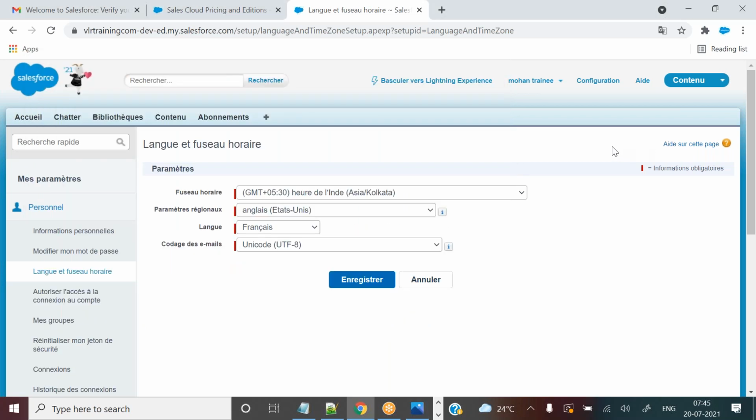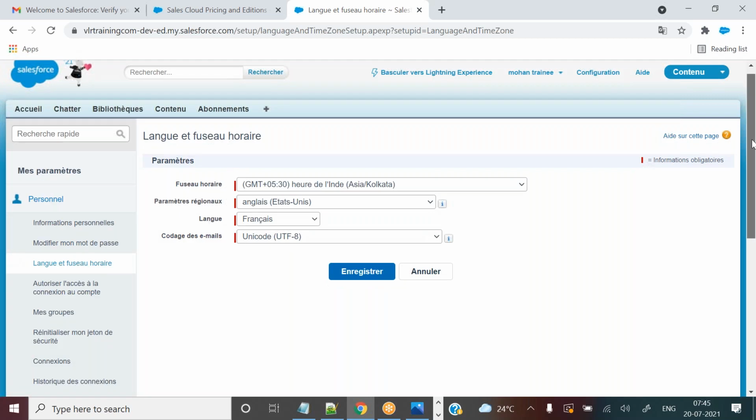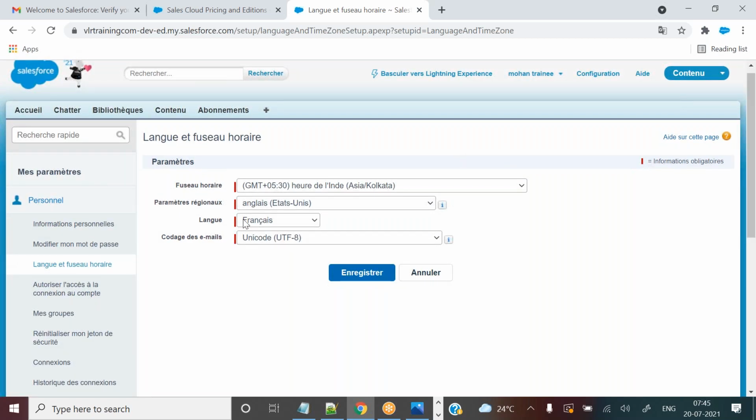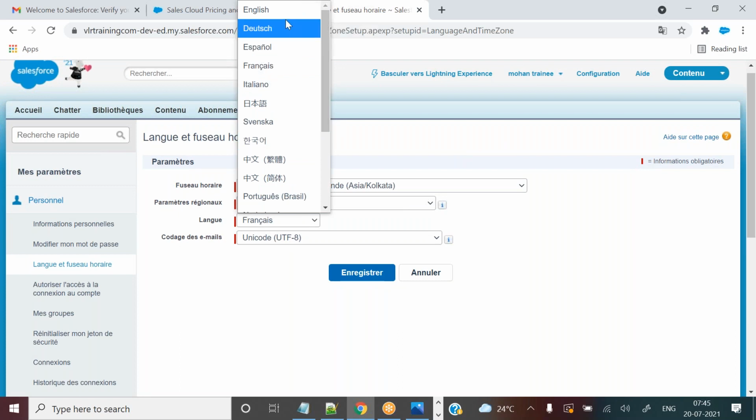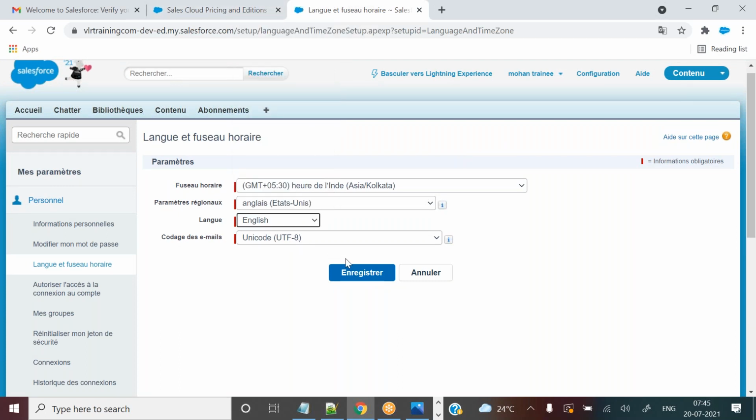In that country, suppose French people want to use the same application, French clients. In that situation, you need to change it to French for them, and they will log in to French only, and they can see everything in French only. This is just an example I am giving you, guys, of how they are going to use it in real time. That is the reason they have given languages like that. That's it, and finally save it.